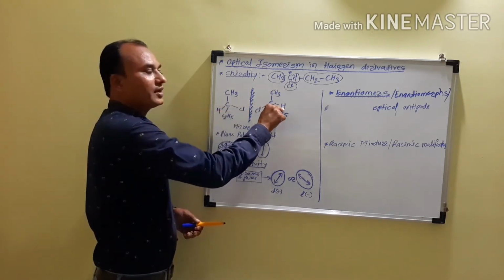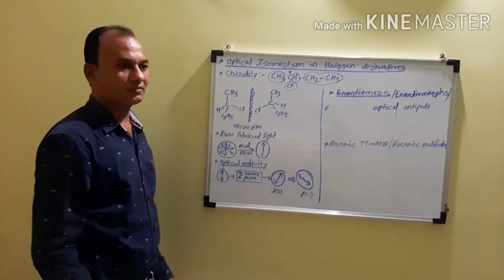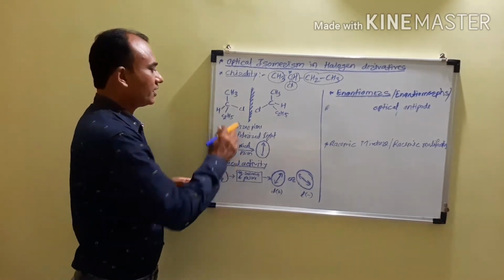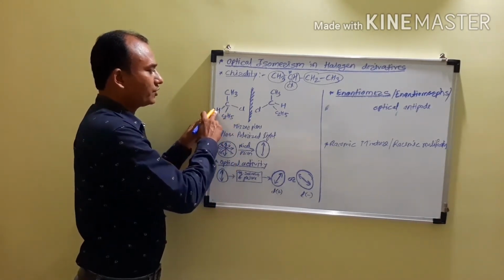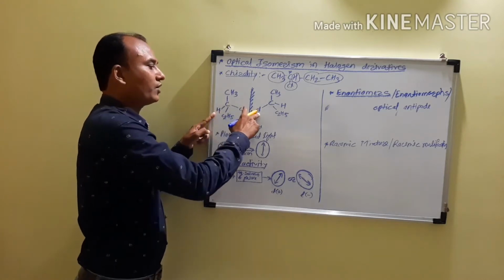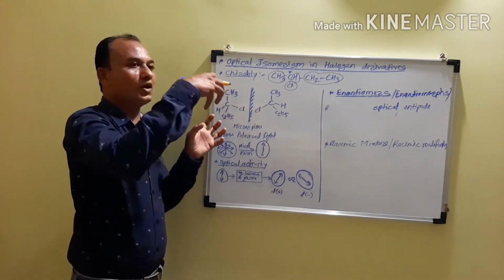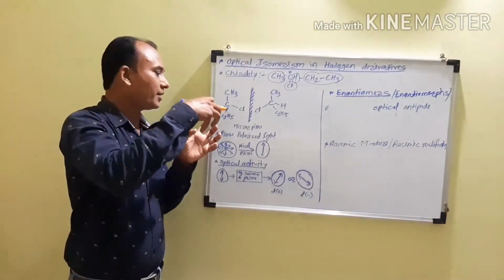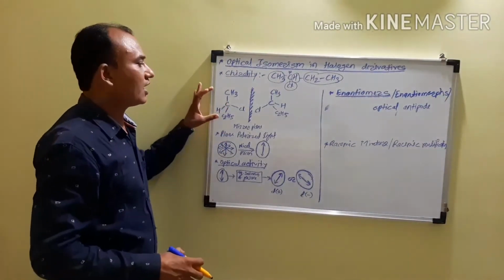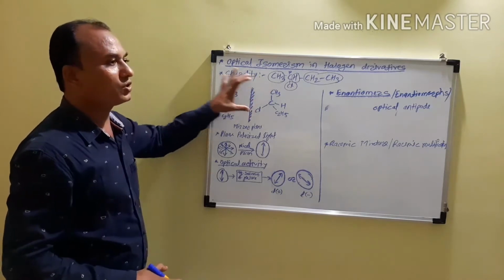But in the mirror image it is hydrogen. That does not match. Then on the left hand side there will be hydrogen in the original molecule. When we are considering the mirror image, it is the chlorine. On hydrogen there will be a chlorine atom coming, and therefore these are called the non-superimposable mirror images